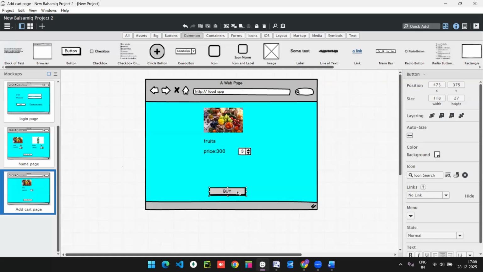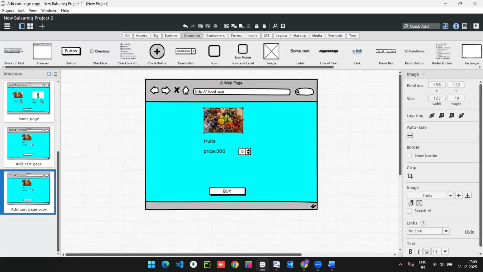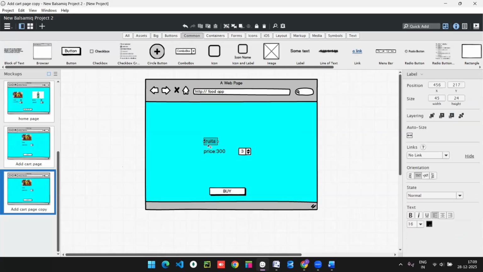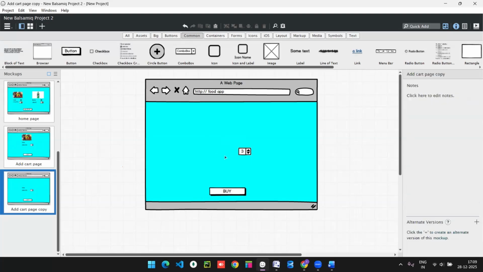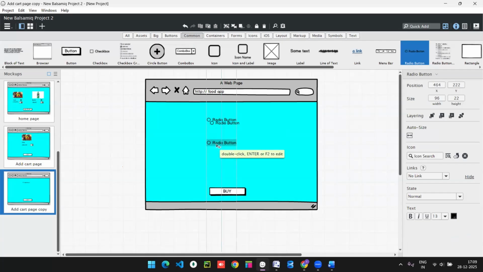If you want to add color, then you can go with the background color also. After that, I will go for the payment process. So for that, duplicate it and remove these things. In which payment type you want to complete your payment process. For that I will use some components having radio buttons and checklist. For the understanding purpose, just use the radio buttons and copy these things